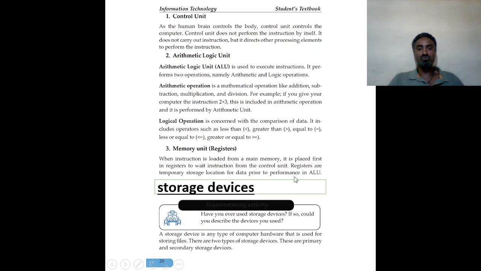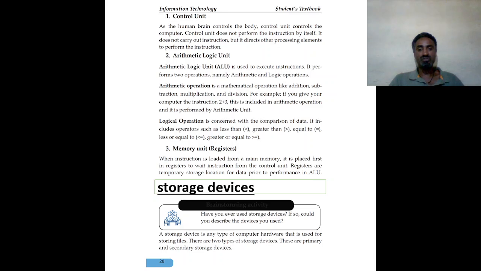I'll continue the next lesson, which is storage devices, for this grade A textbook. When we say storage device, it is another component of a computer system. The four functions of a computer: a computer can input, a computer can store, a computer can process, and output. In case of storing, they have storage devices that make it possible to store.